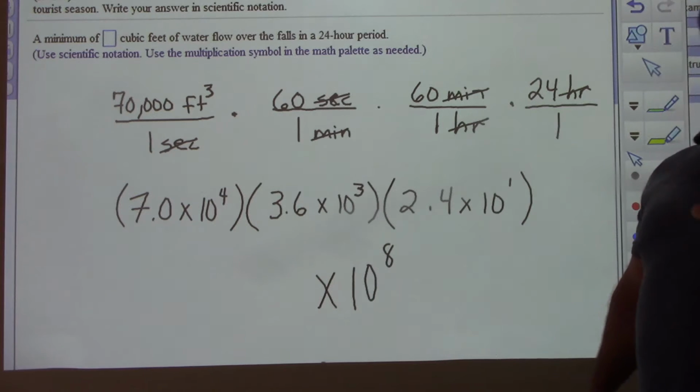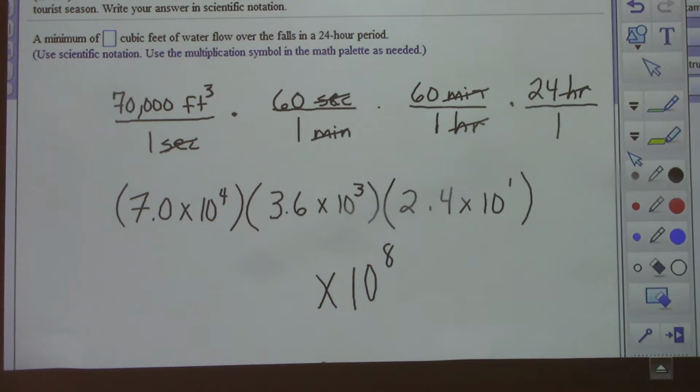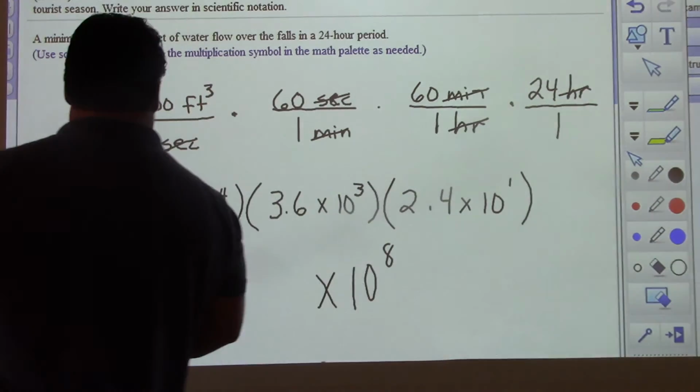Now, I'm going to do this in my head. I'm going to show you how I'm going to do it. What's 7 times 2? 14. And 7 times 4 is what? 28. So 2.8 and 14 is 16.8, right? Right. So you're going to do 16.8